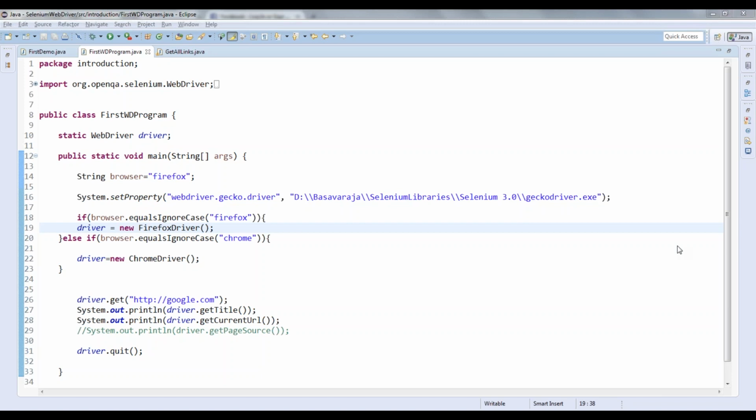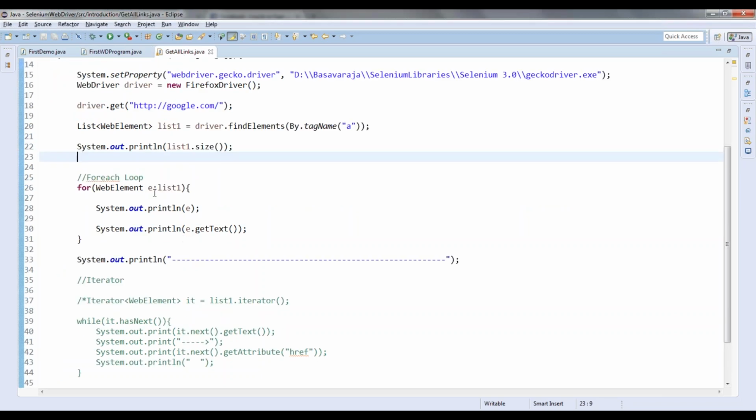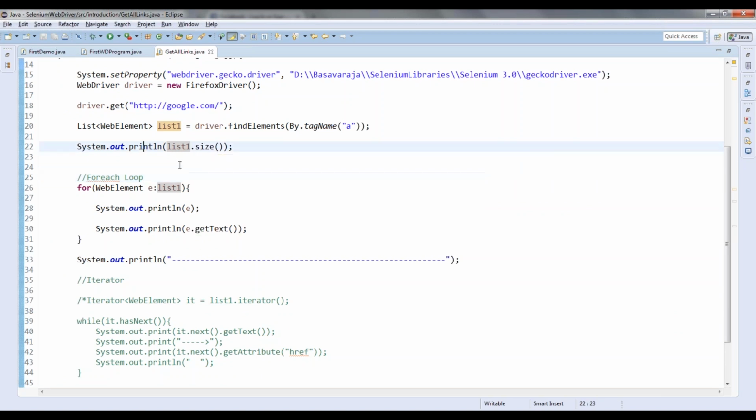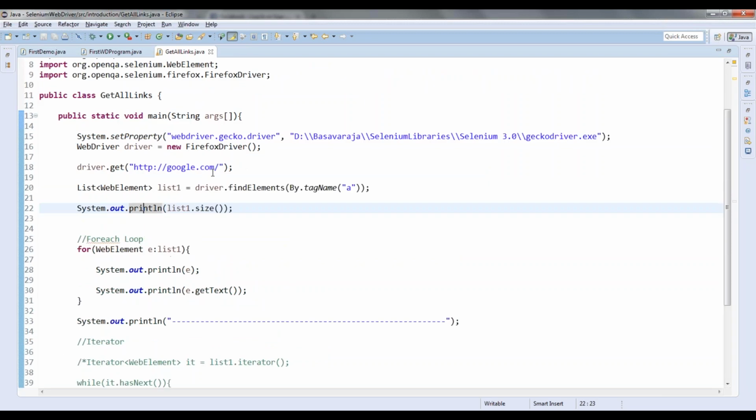In an ArrayList, when you try to print the size, it just prints the number, right? 15 or 16, whatever. Yes, it prints the number. Let us run this.